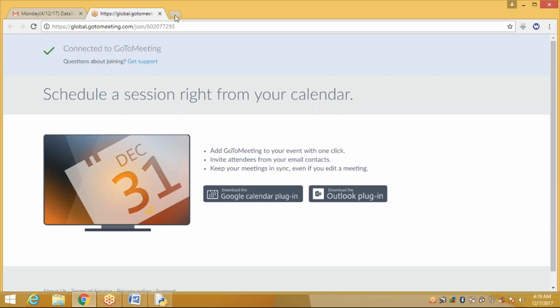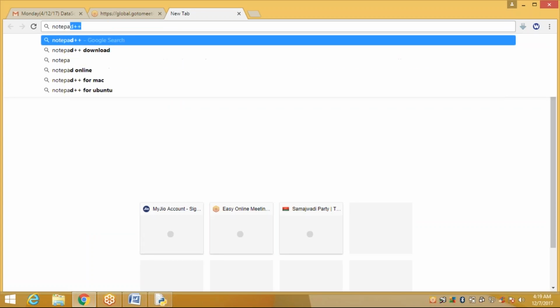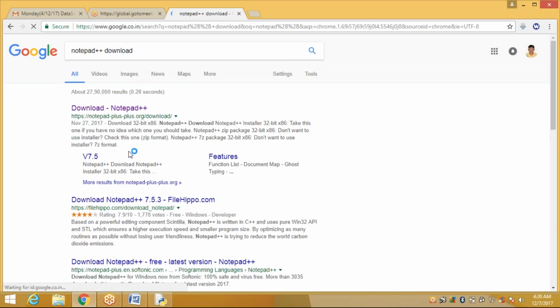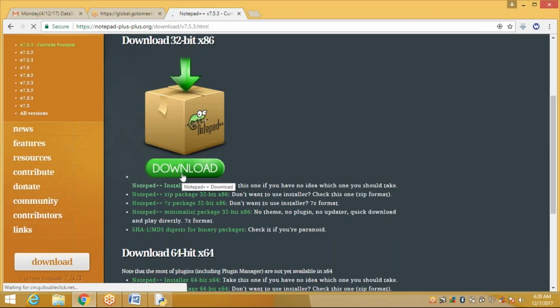Go to Google, search Notepad++, free download. Go here and download it.